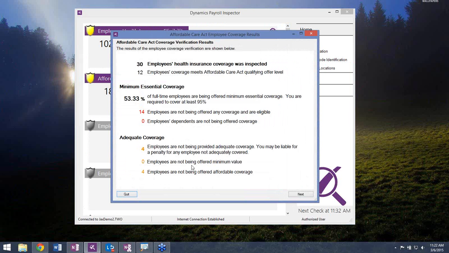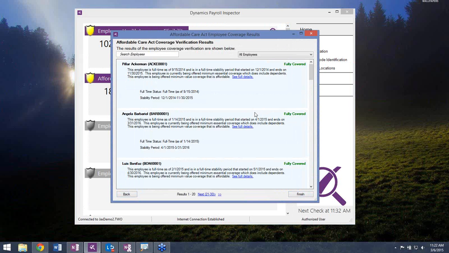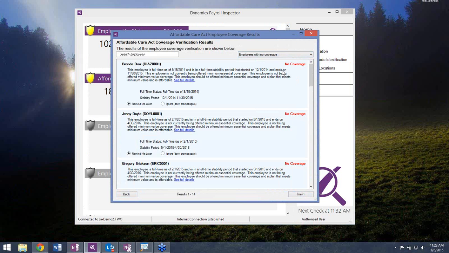So we'll show you at a glance what number of employees aren't meeting the requirement for the adequate coverage, and then these two are going to be the breakdown of the two different components of adequate coverage. Just like on the eligibility widget, when we click Next, it's going to bring up a list of the employees that are meeting the requirements through this drop-down. So if we want to look at all employees, we can. All employees that have inadequate coverage or no coverage. And this will then give us a full details tab of exactly why we're out of compliance with this employee and what we can do to fix this.